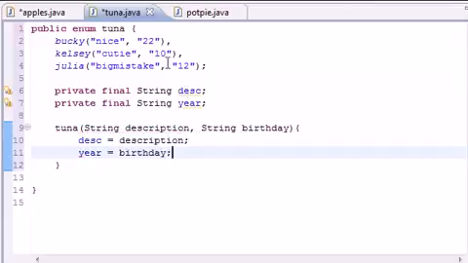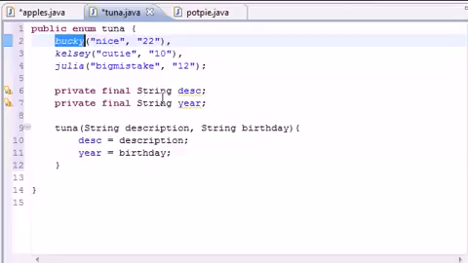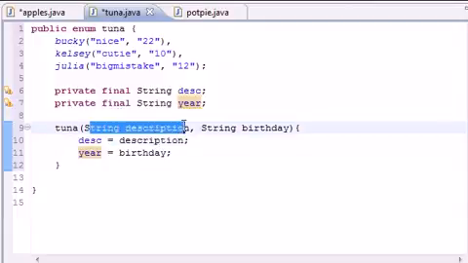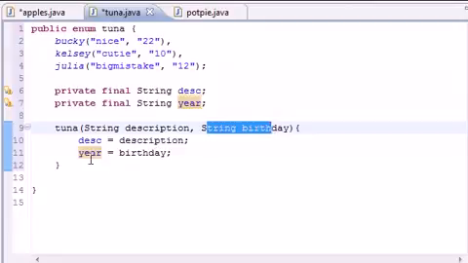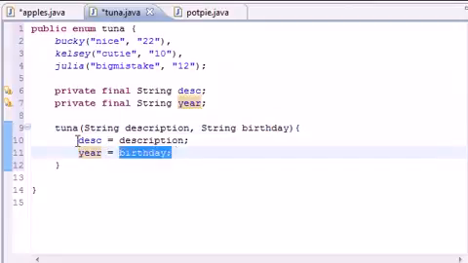And now what do we got? Here's what's going to happen with Bucky. It's going to say, alright, with the object Bucky, give it 2 variables, a description and a year. For the description, pass in nice. In this second one, we're going to see is birthday, so set year equal to birthday. So now we can work with